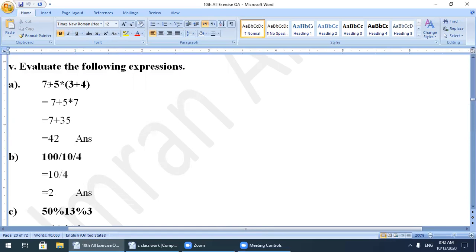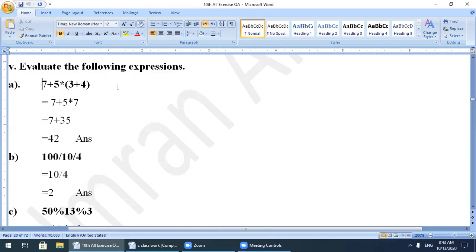I told you asterisk and slash have high priority, which means division and multiplication will be solved first. After that, plus and minus are second. After that, other kinds of operators will be solved at the next priorities. So the priorities of the operators are like that. Now here the expression is 7 plus 5 multiply by 3 plus 4.